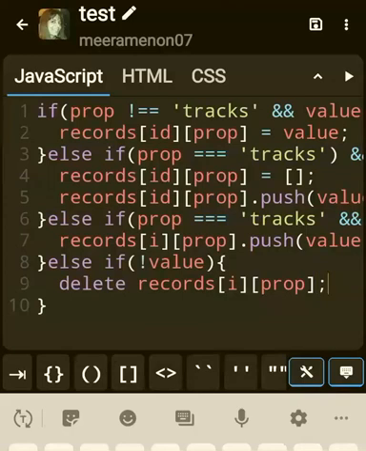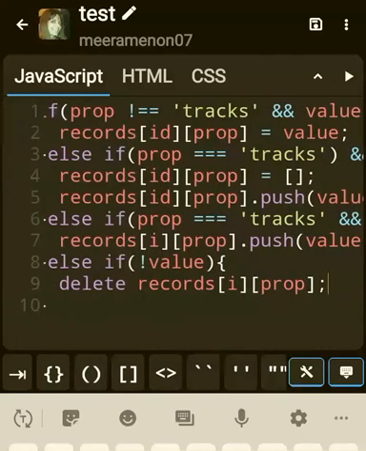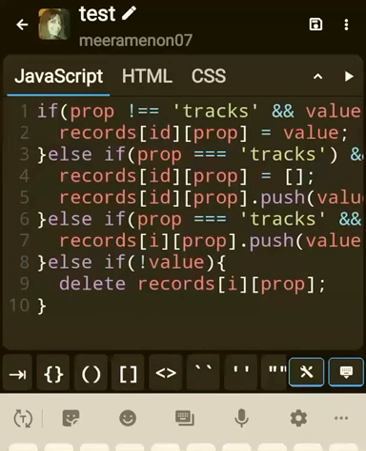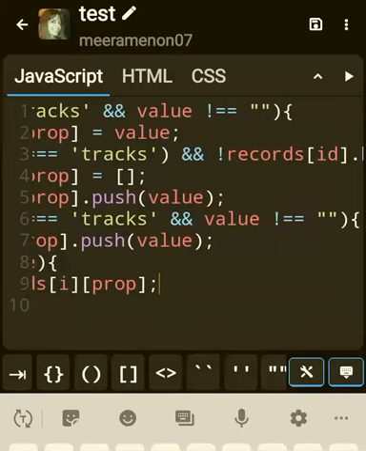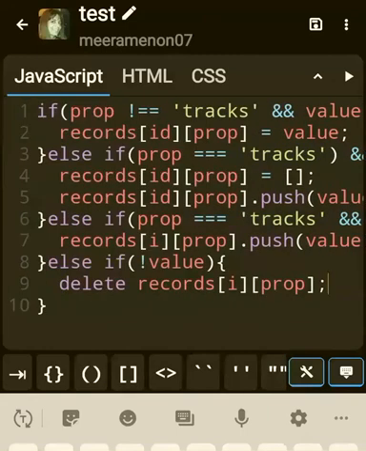Because if you don't write the ID and the prop, then you'll be deleting the whole album. Remember that. That's why in every step we'll be accessing it with the ID prop and then doing whatever actions. So here, find the records with that particular ID and prop and then delete it. Earlier also, find the records with that particular ID and prop and then push the value. So always you have to do it that way, with that particular ID and the prop, and then do the given steps, or rather the required actions from the given conditions of the given task. Yeah, so delete records ID prop.